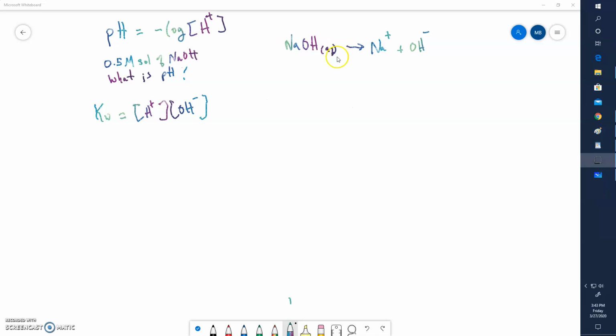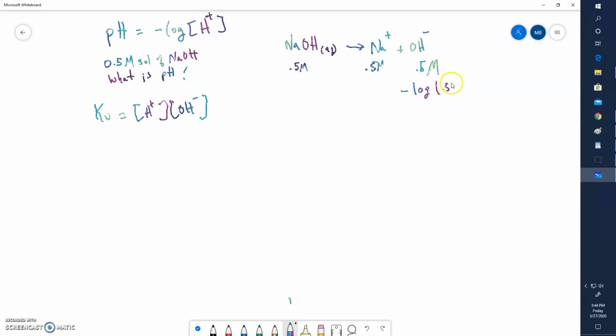All right, let's take a look at the strong base. Same situation, a strong base is 100% ionization. All this sodium hydroxide is going to break apart into these two ions. What happens if I have a 0.5 molar solution of sodium hydroxide? Same situation, 0.5 molar. This is going to break apart, and when I do that, I'm going to end up with 0.5 molar sodium and 0.5 molar hydroxide. Now what will happen if I take the negative log